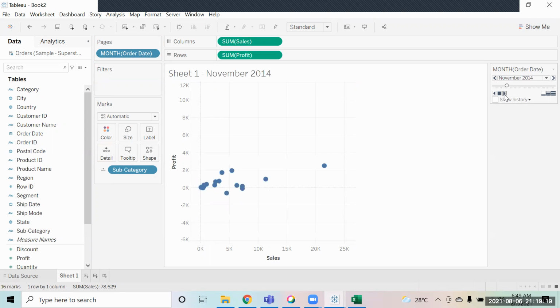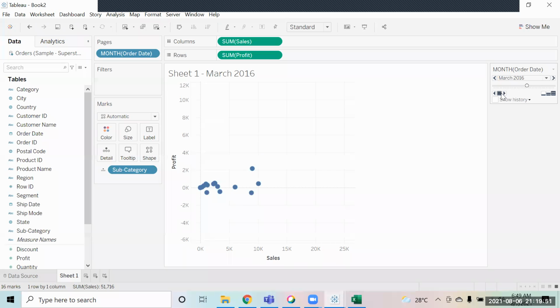Although we never use this in reports, somewhere if you have to display a report in your presentation or on your website, that is where we use it. You can control the speed. You want to make it fast, you can do that. You want to play in the reverse direction, you can do that. You want to stop it somewhere, you can stop it. So this is called an animation chart.